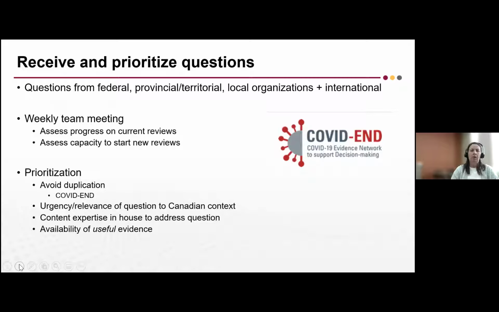And then we also developed criteria for prioritization, which was primarily around avoiding duplication. So if there were reviews already completed on the topic, which we could look to see through COVID end, if anything had been identified, we would let the requester know about those and only embark on doing new syntheses if what was currently available was out of date or may not have been done in as rigorous a way as we felt was really important to do. Then we might embark on it. The question needed to be of urgency or relevance in the Canadian context. We also needed to feel we had the expertise to do it, and that there was also useful evidence available